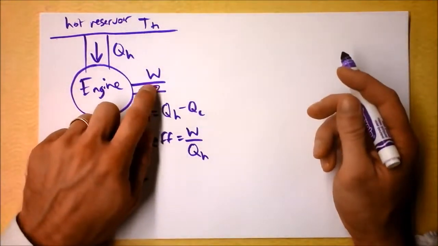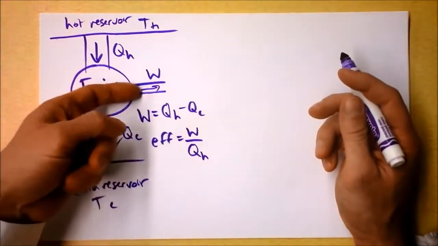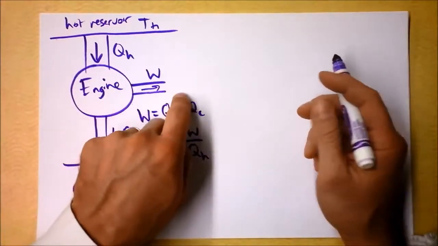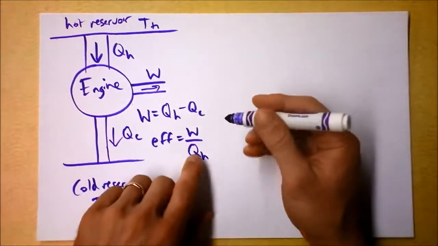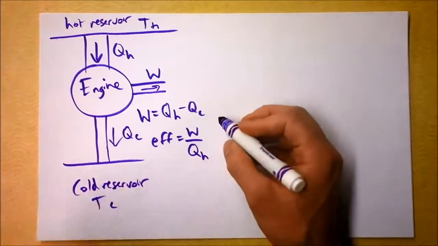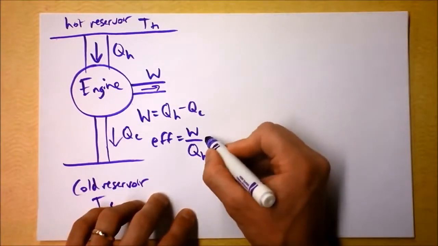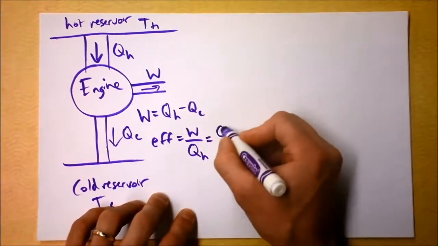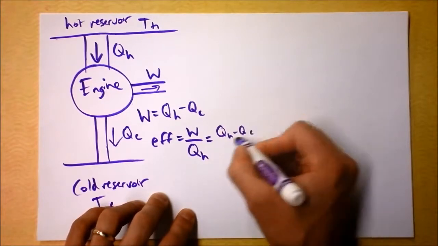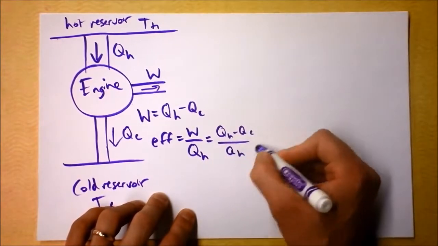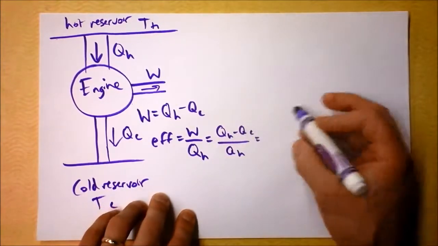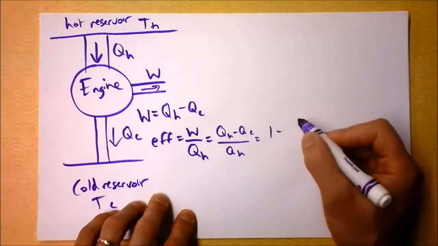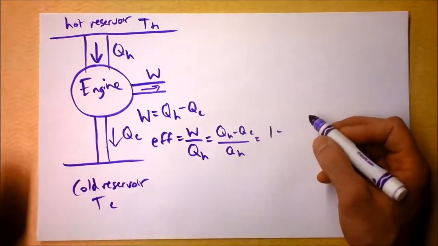So this could be coming out as mechanical work, or it could be coming out as electrical work, or what have you. But at any rate, we were able to go on with this and say that because the work is QH minus QC divided by QH, this is the same thing as